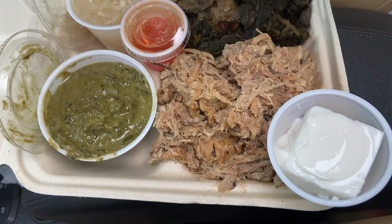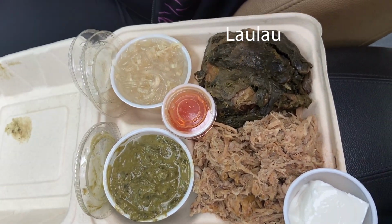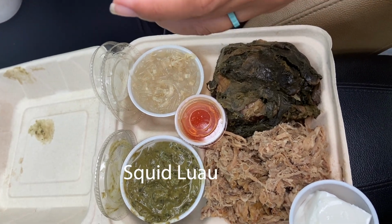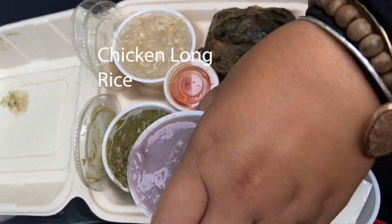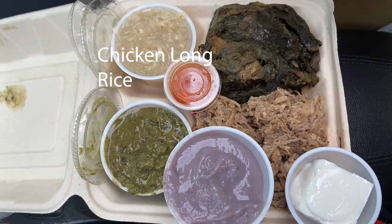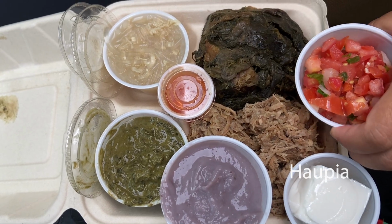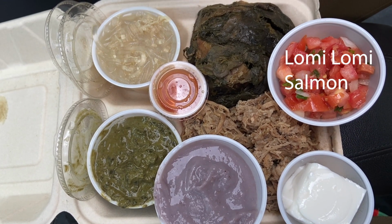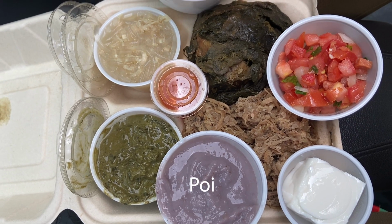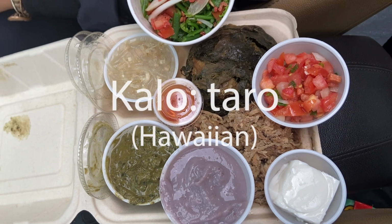We got kalua pig, a kind of shredded pork, lau lau, pork wrapped in cooked taro leaves, squid luau, a kind of stew made with squid, taro leaves, and coconut milk, chicken long rice, a noodle dish that was originally Chinese but adopted by locals, haupia, a coconut milk-based dessert, lomi lomi salmon, a side dish made with fresh tomato and salmon salad, and of course, poi, the traditional staple food in the Polynesian diet made from taro,